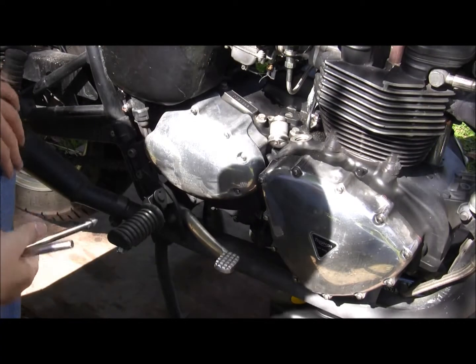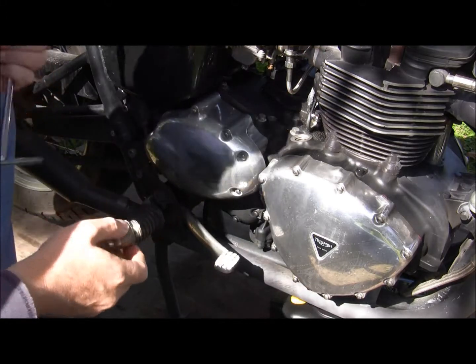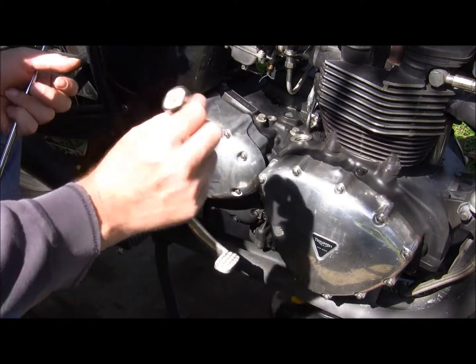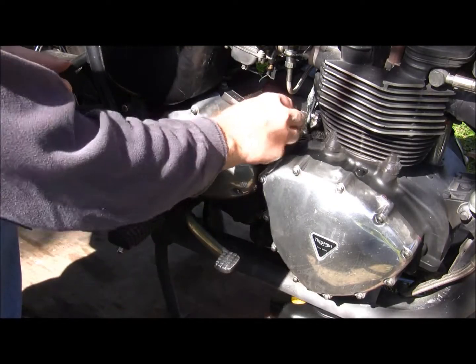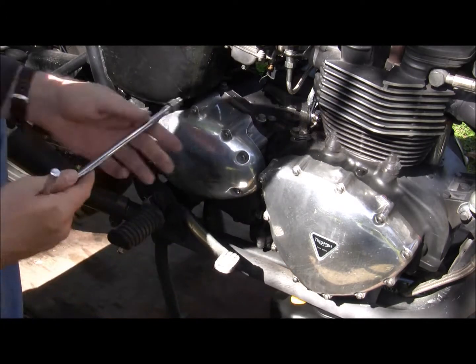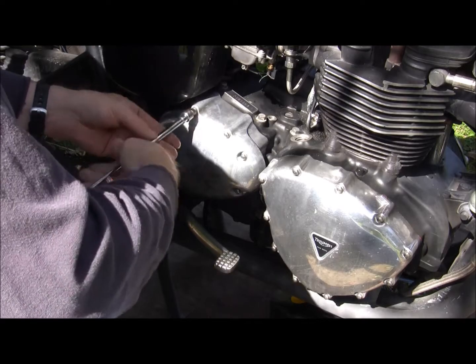Alright, we got the oil draining now. I'll make an oil change video another time. I want to get to this. Pop your oil cap so you can have air gushing in, and it'll help on how quick your oil change goes. So while we're waiting on the oil and letting that drip, I'm going to bust the sprocket cover